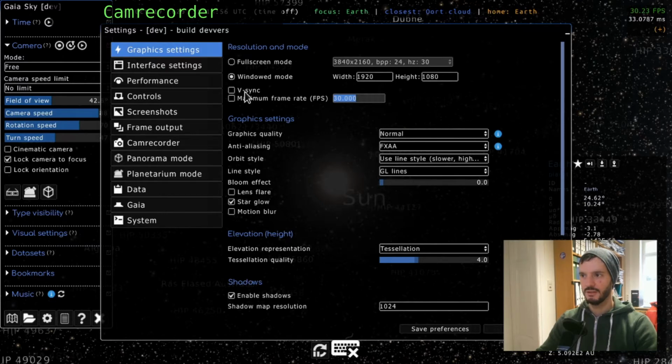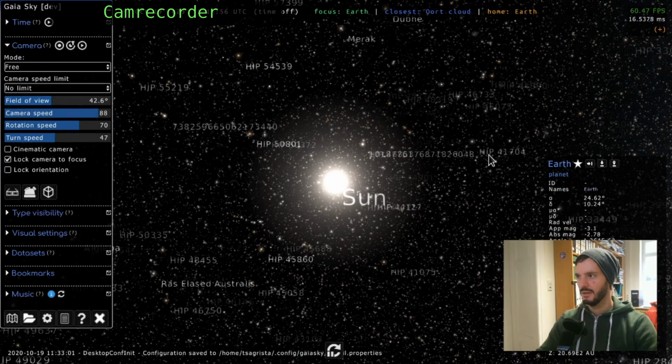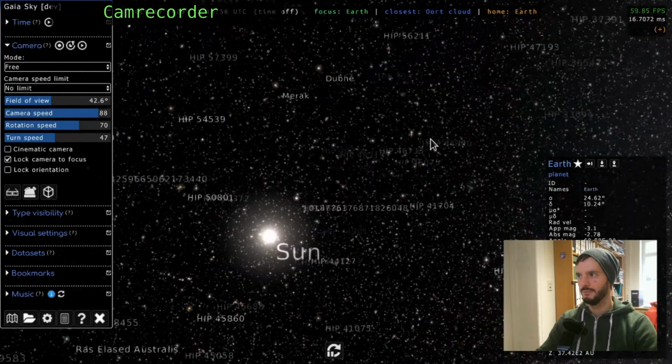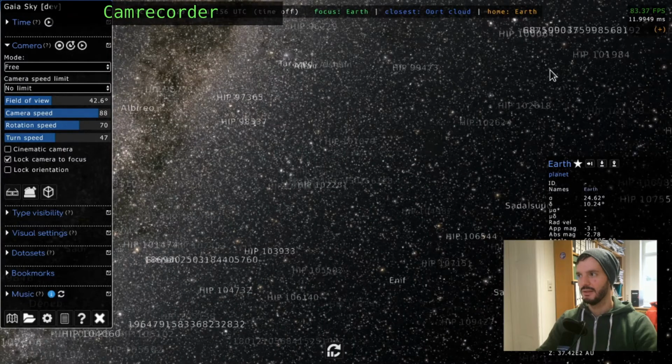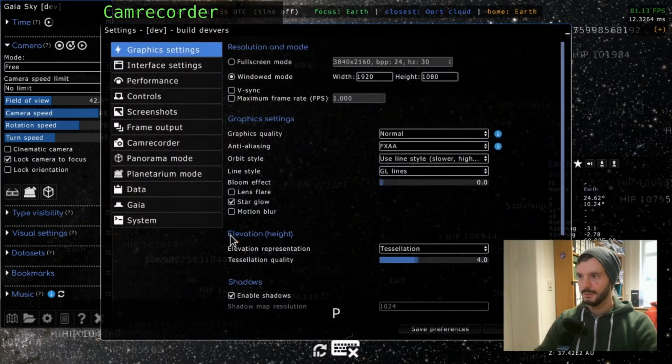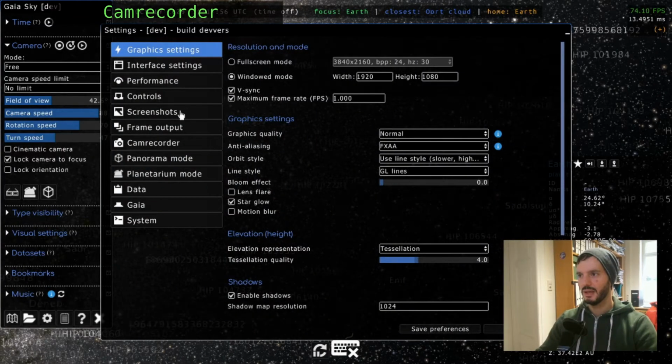I'll uncheck also the VSync, which basically caps or locks the frame rate to the refresh rate of your monitor. And I'll save, and as you can see now it's a bit higher than before. It was 30, now it's around 180. Okay, so I'll just cap it, and here I'll input 30,